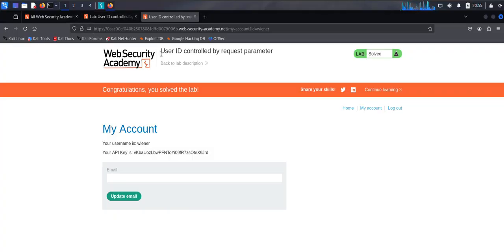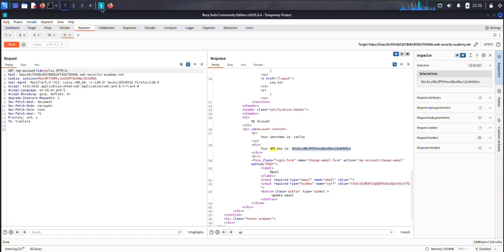So maybe in a real life scenario, if you want to solve something like this, you have to have access to a username, because it's not going to be Carlos. The username can be anything. So you can go through the site, try to get a couple of pieces of information about any user, check their social media account. Through a social media account, you can find that a page or a company has a website, and then you want to have access to the username, and you want to test something like this,